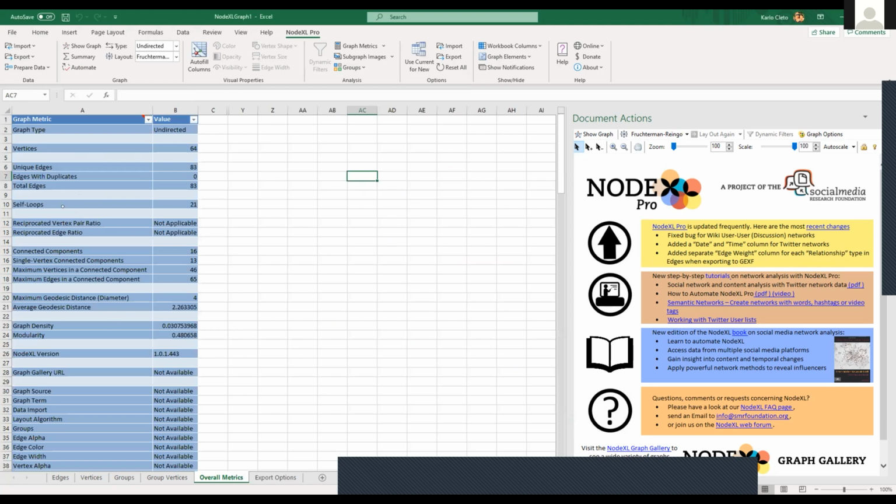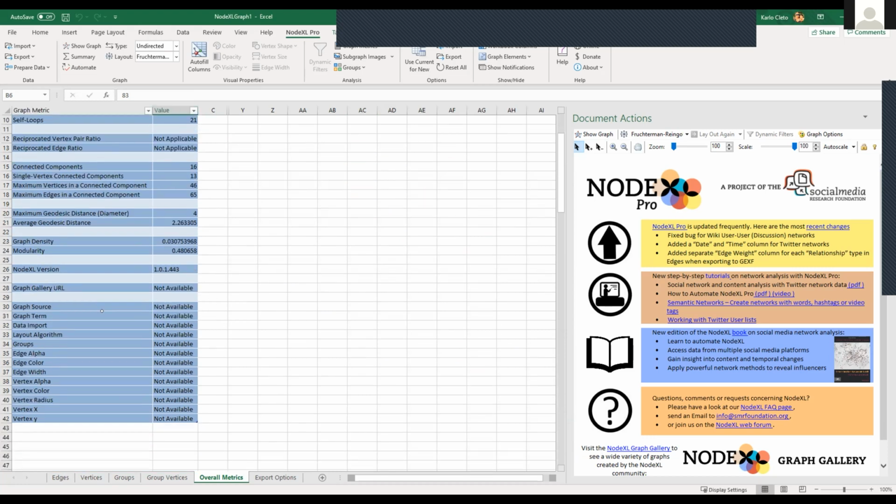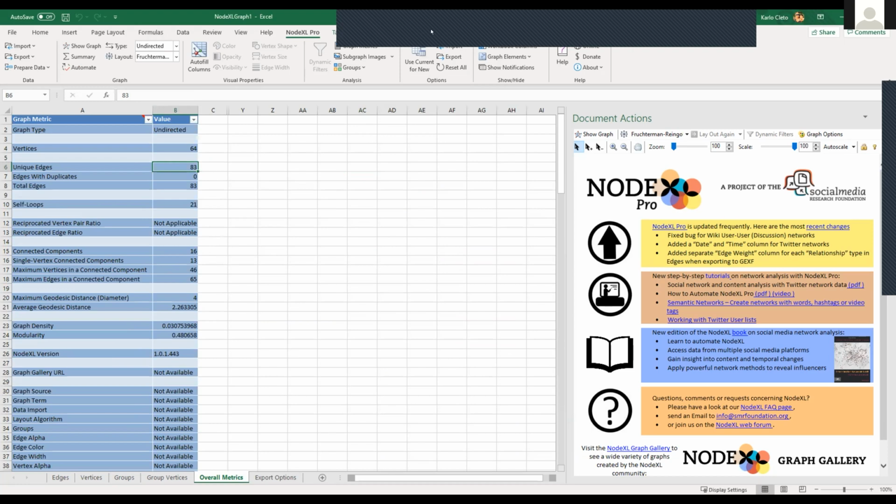And then it will create this new sheet. And then it's just basically yung metrics ng overall na network. So you'll see here that it has 64 vertices, meaning may 64 na tao dito sa network na to. There are 83 unique edges. So there are 83 connections dito sa network na to. And so on and so forth.